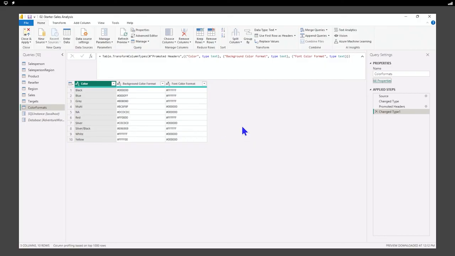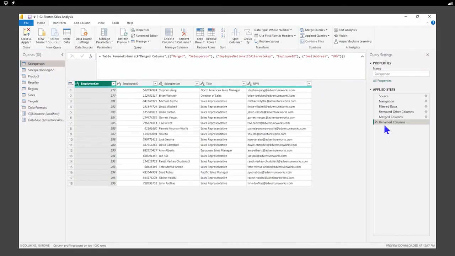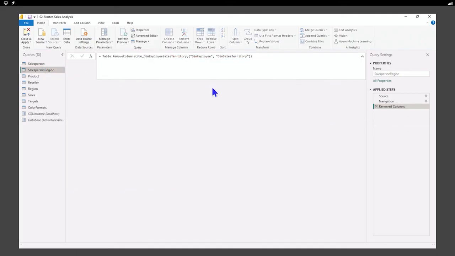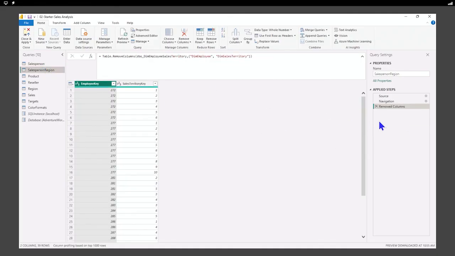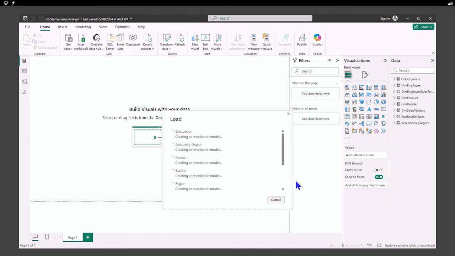So to wrap this up, we now have a much easier to read report. We have all of the steps that we have done. We can go through and continue modifying later if we desire to, but we have drastically reduced the size of our semantic model. We've put everything in a readable format. Everything matches up. So while we work with this later, we're not going to have to try to remember what some of the things mean. And everything that has the same name will have the same name in different tables. And that's going to bring us to the end of this demonstration.